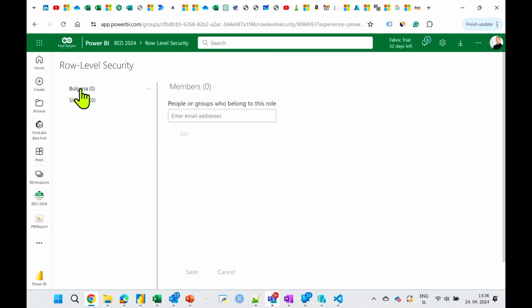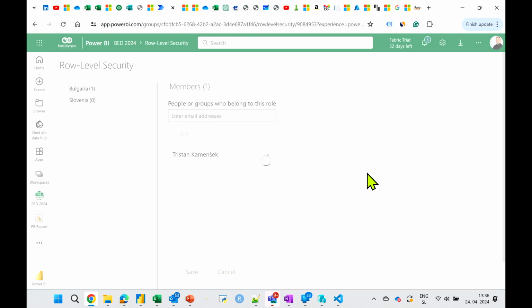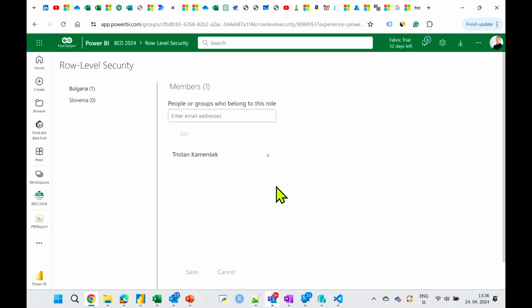I've got a role called Bulgaria, and when my 6-year-old son is going to be watching this report, I want him to see only Bulgaria. There you go. With that, a single report now serves multiple roles or multiple people, and I have a single point where I need to edit and refresh, and everything works for different people.